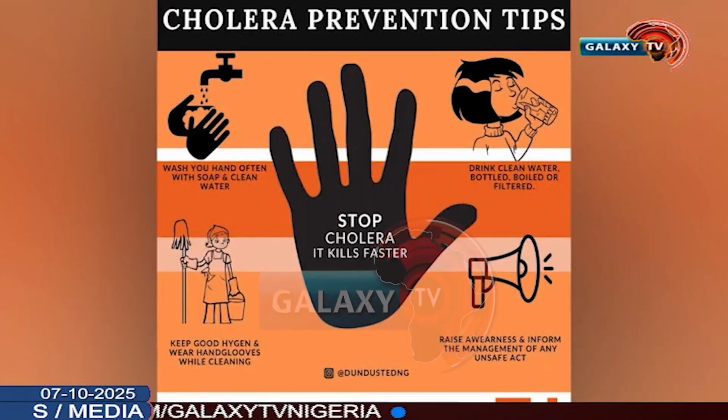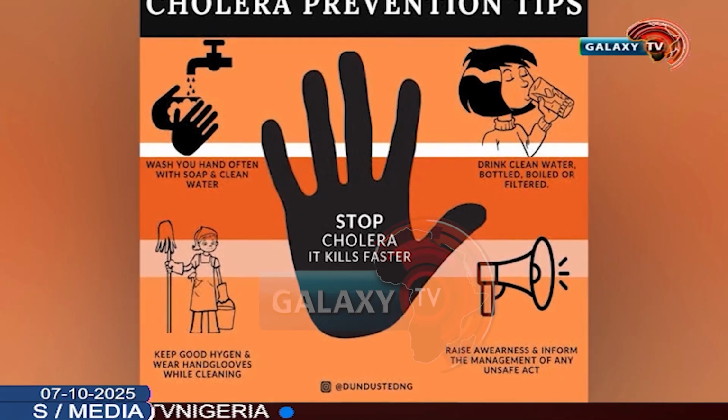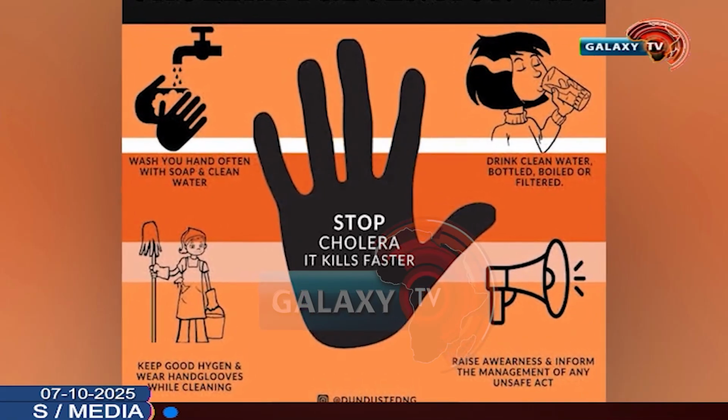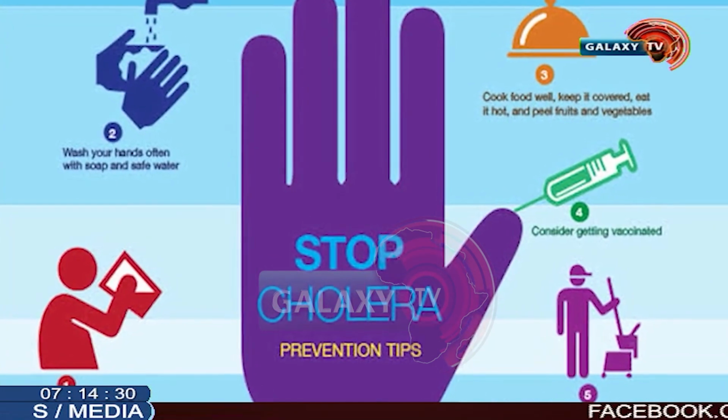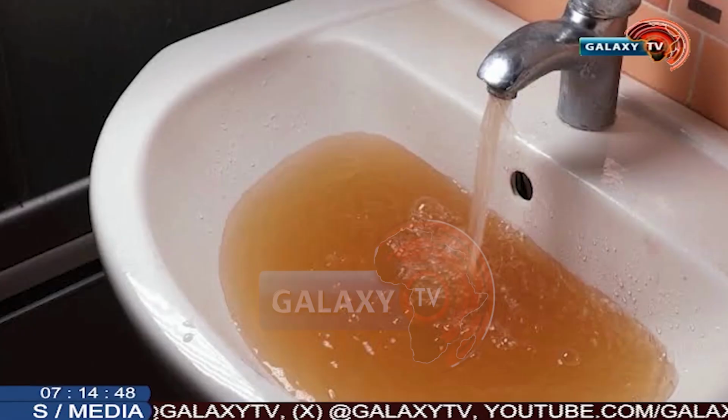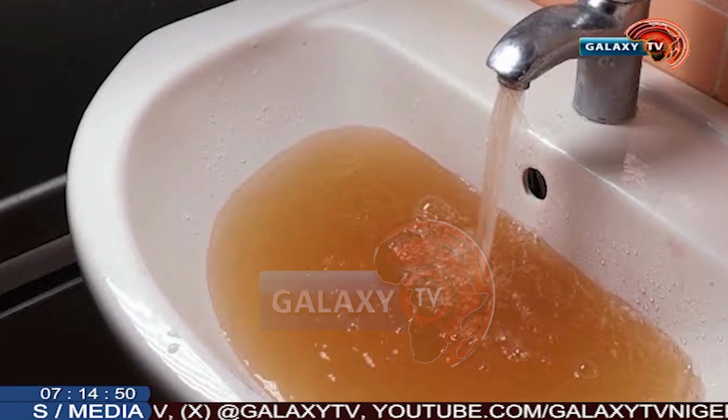So what do we do to prevent cholera? That is also important. Of course, we say it's a disease of hygiene. If there is poor hygiene, cholera is going to spread. So people should ensure that they have drinking water from a source that ensures that the water is purified. It's not the type that people just drink from any source, because cholera multiplies in water and food, like we say. So good hygiene and hand washing are important.